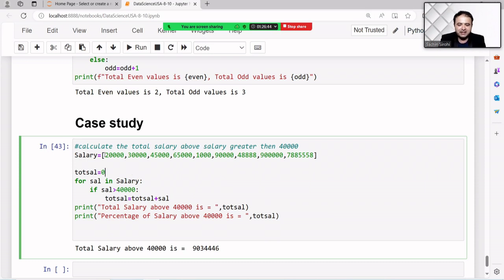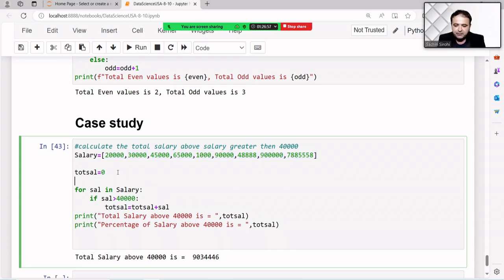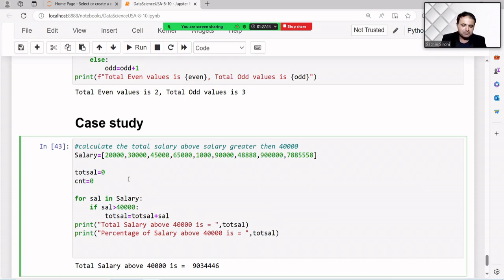No, actually, if we take the length directly, it will calculate the whole value. So I want to take a count variable, like CNT. Actually, we don't have any idea how many values are above 40.